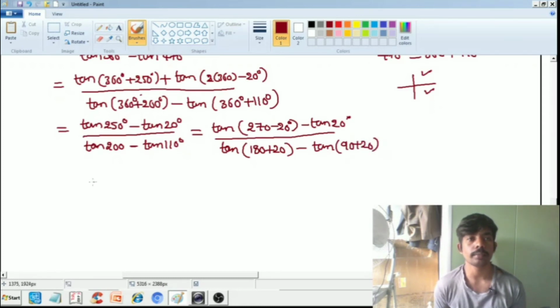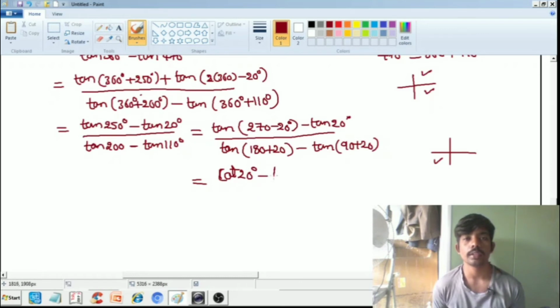From here we simplify: 270 minus theta comes into the third quadrant, tan is positive, but since 270 is there, tan changes to cot. So cot 20 degrees minus tan 20 degrees by